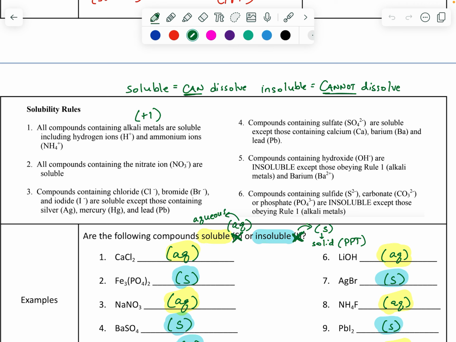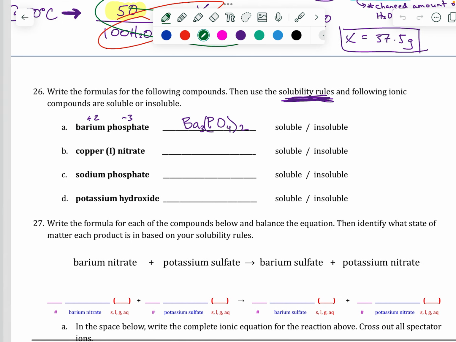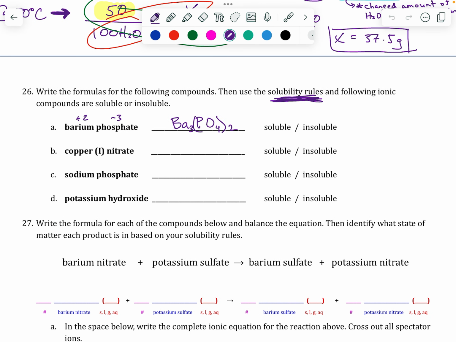And so can dissolve means aq. That was an awful q. For aqueous, cannot dissolve means solid, for precipitate. So those are the rules there. So based on those rules, I go back here and I identify that barium phosphate, according to Rule 6, is insoluble. Copper 1 nitrate, copper 1, that means that this is a +1, nitrate's a -1,